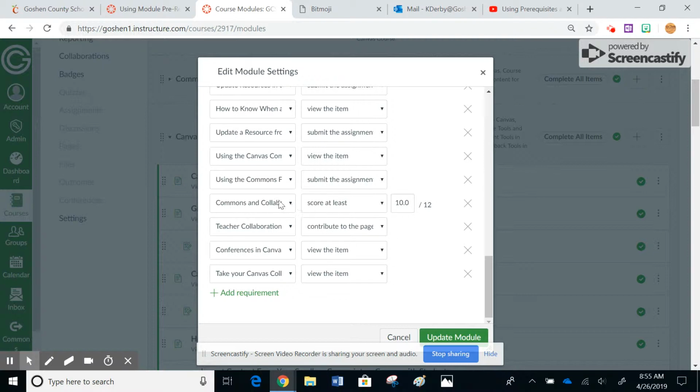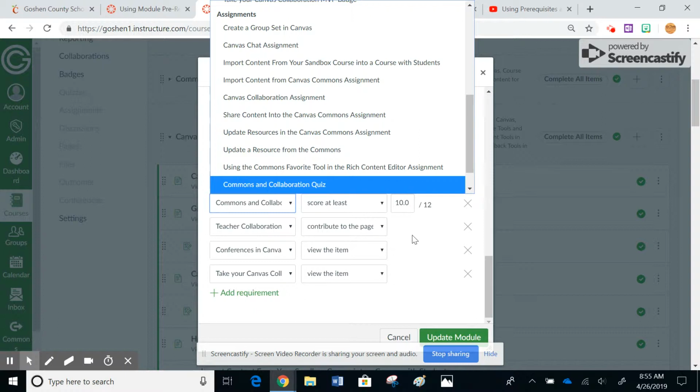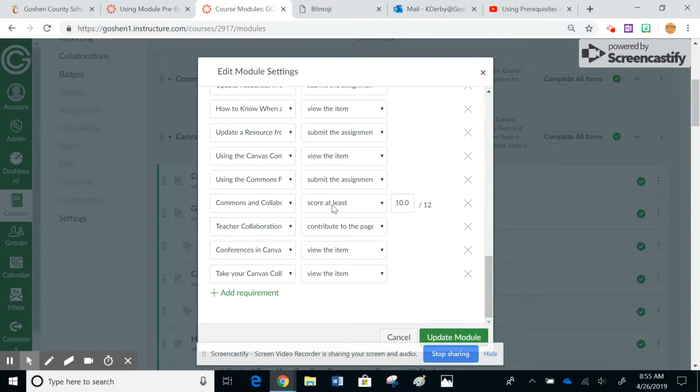For example, these are all little drop-down menus. So, update a resource, and that's set to submit. When I click on that, I could say you have to view it, mark as done, or submit it. In this case, it is an assignment to submit, so I'm just going to leave it like that. And then on this quiz, the Commons and Collaboration quiz, I set that to score at least, so that you would have to score at least 10 points out of 12